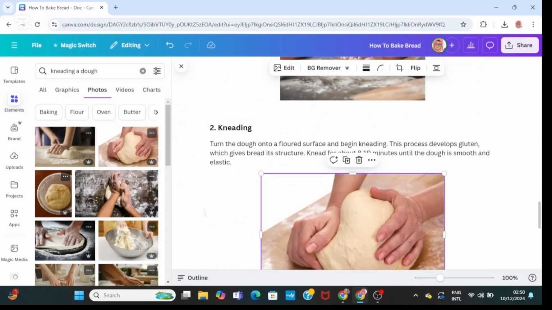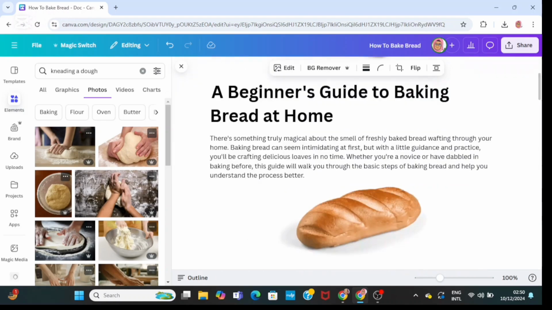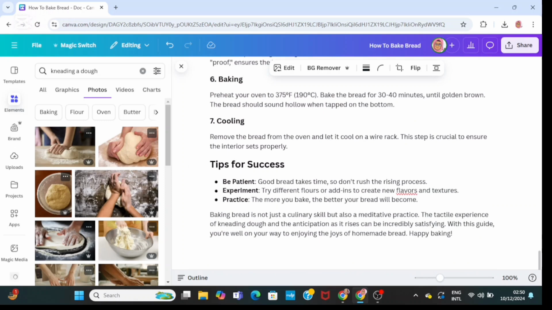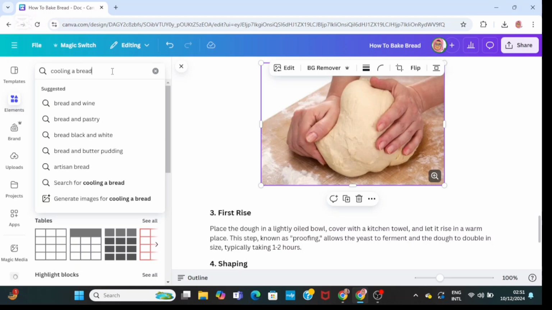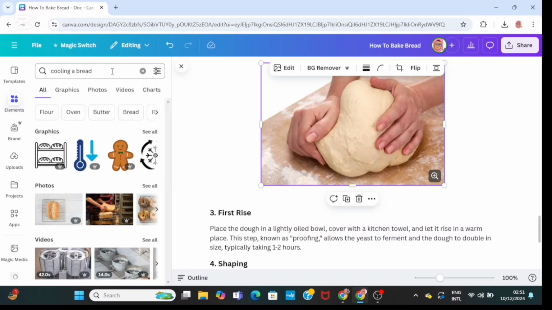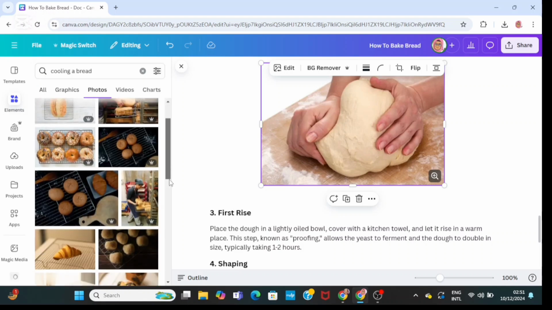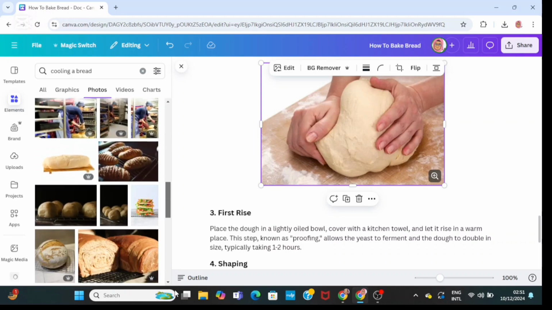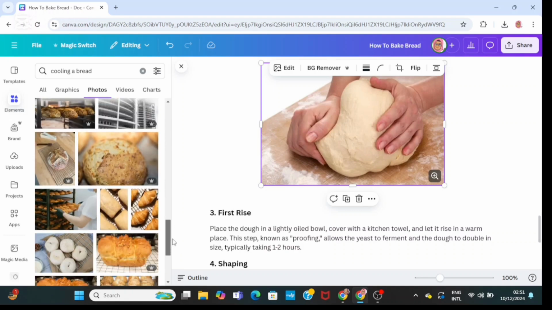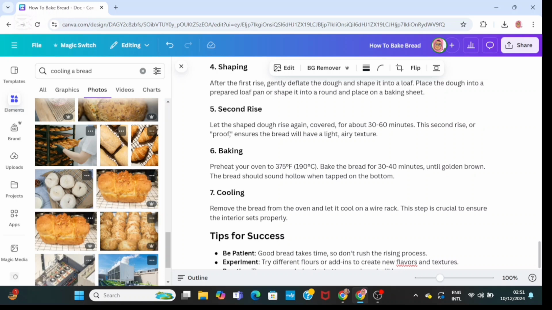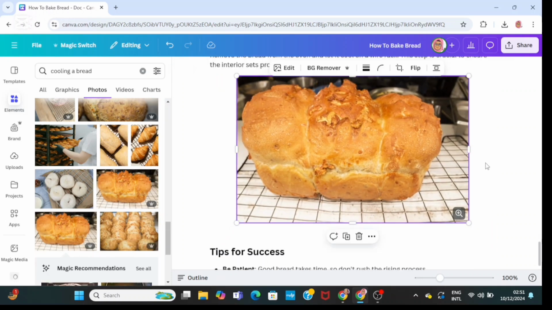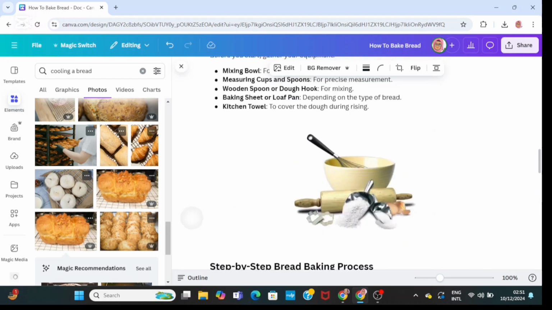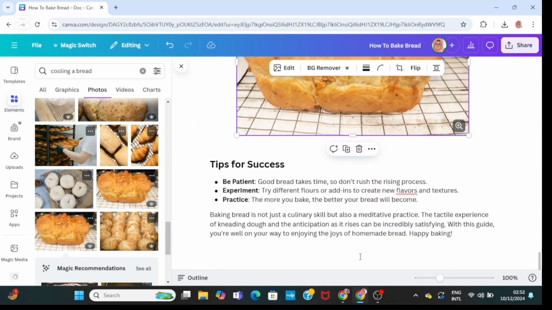So I'm just going to move down to cooling, but if you like, you can add image in the entire heading or sentence, but I'm just going to move to cooling, then go to Elements and type in cooling a bread, and I'm just going to go to photos and search. Yes, I think this one on a cooling tray portrays it, so I'm just going to adjust it. Then next, I'm going to go to the last